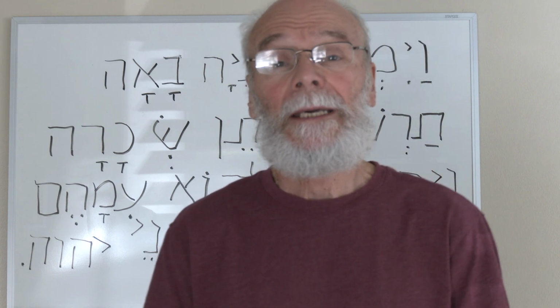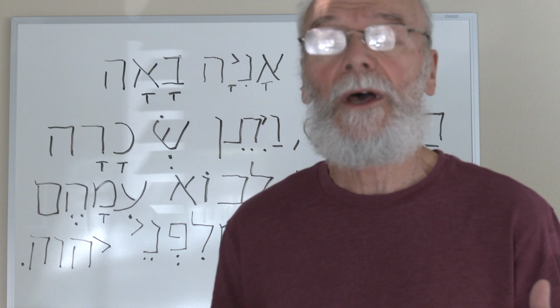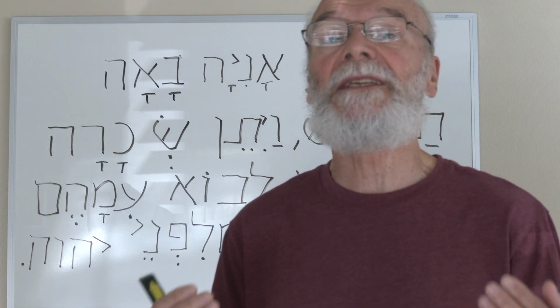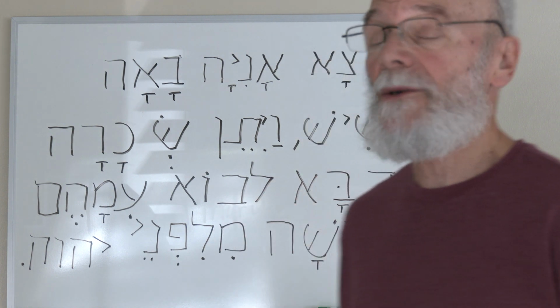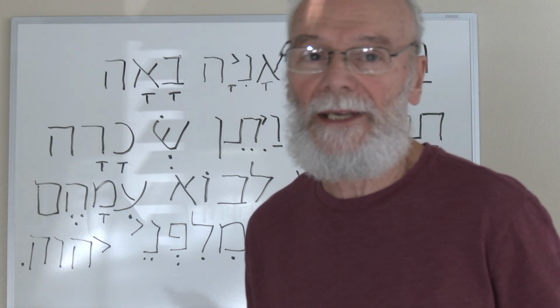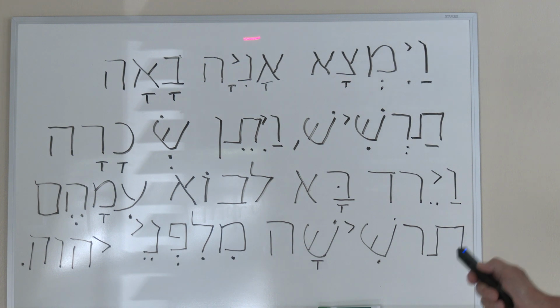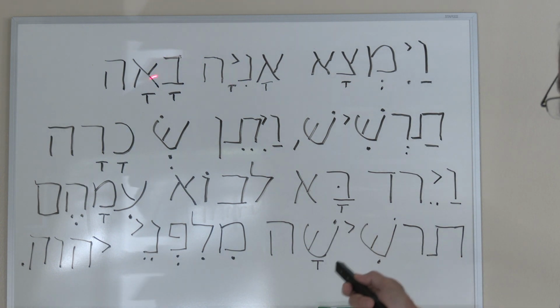I don't know, but it is the Hebrew word ba. Perhaps you're familiar with Baruch haba b'shem Adonai. Blessed is he who comes in the name of the Lord. And it's the word for come. In this context, it's translated as go. So you have Vayimsa Onia Ba'a, and he found a ship going,